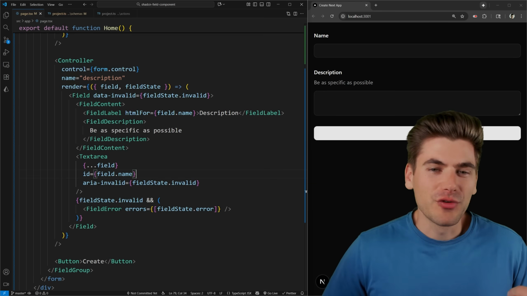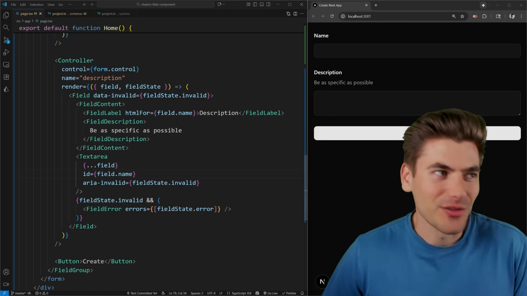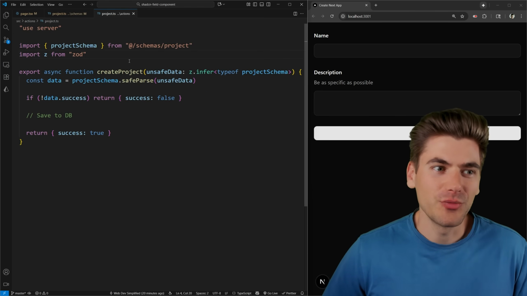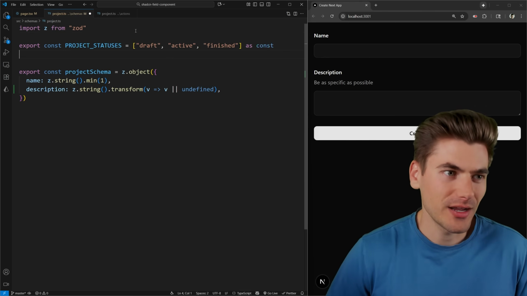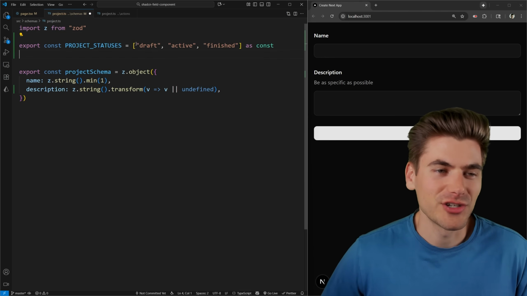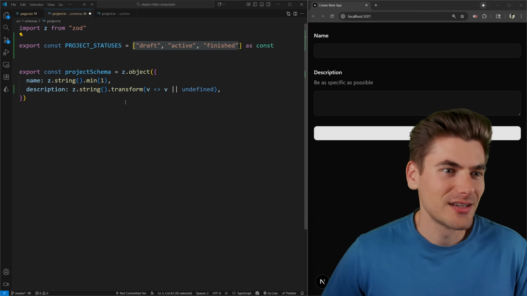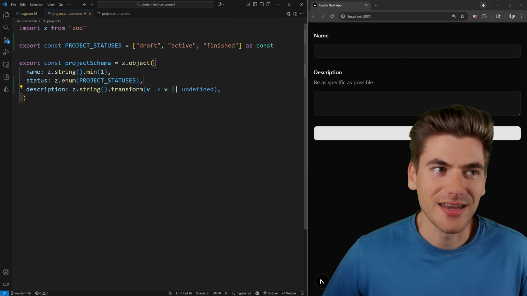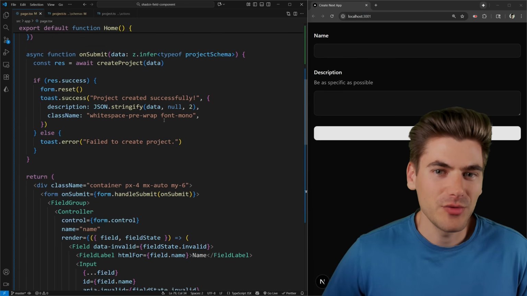Now, so far, we've only covered really the basics of a text area and another text component, nothing too complicated. So I want to move on to something a little bit more complicated, which is dealing with a select component. So we're going to come in here. We're just going to create a bunch of project statuses. You can see we have 3 different statuses. And then I'm going to create a simple enum right here that is just going to be looping through those project statuses. So if we go over to our page and we scroll all the way up to the top here,